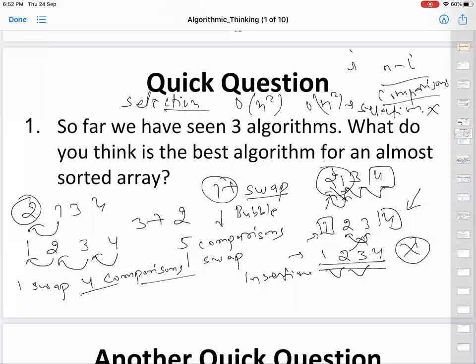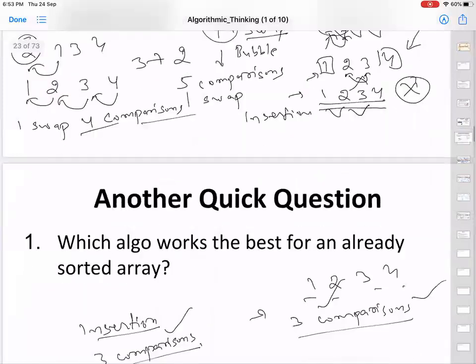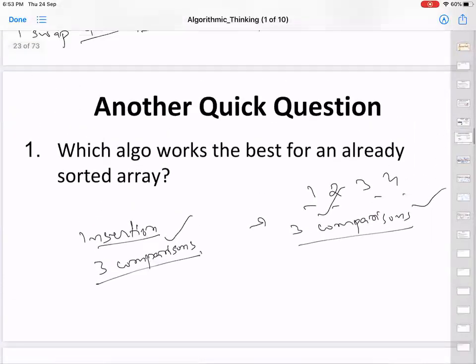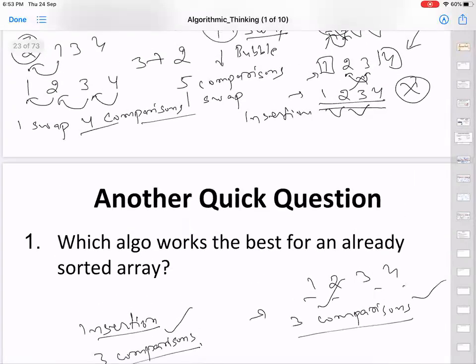So if I'm talking about real applications where, let's say, you already have sorted data with you, and as soon as new data comes in, you want to add it to an already sorted array, there you would prefer the insertion sort algorithm because it takes the minimum number of comparisons. So that would be a practical application for this. And it is even better than merge sort and all those other algorithms.